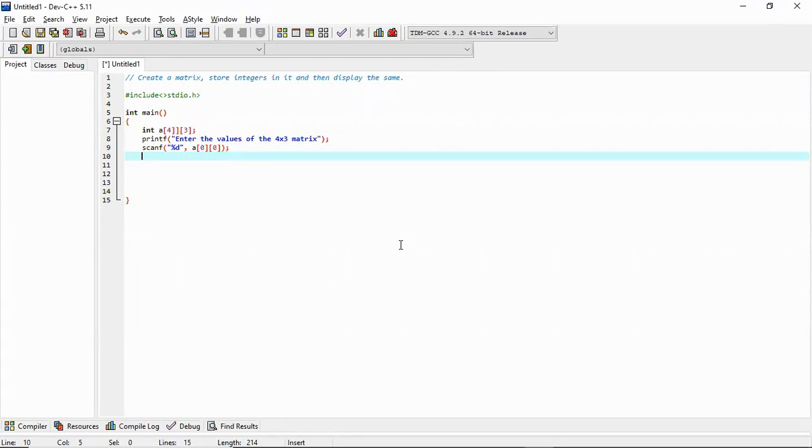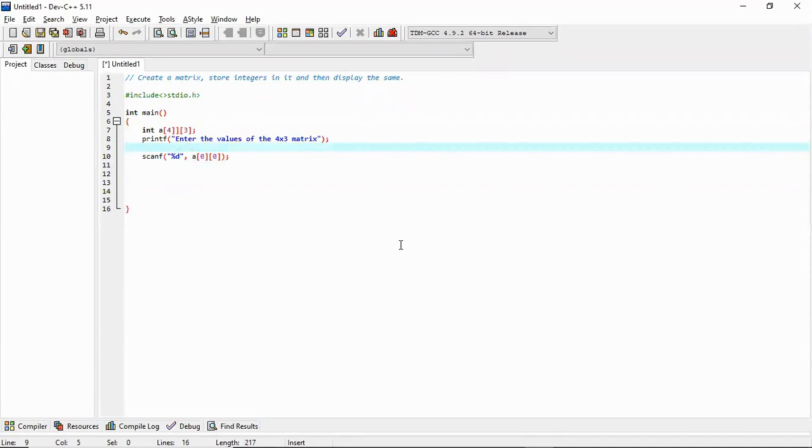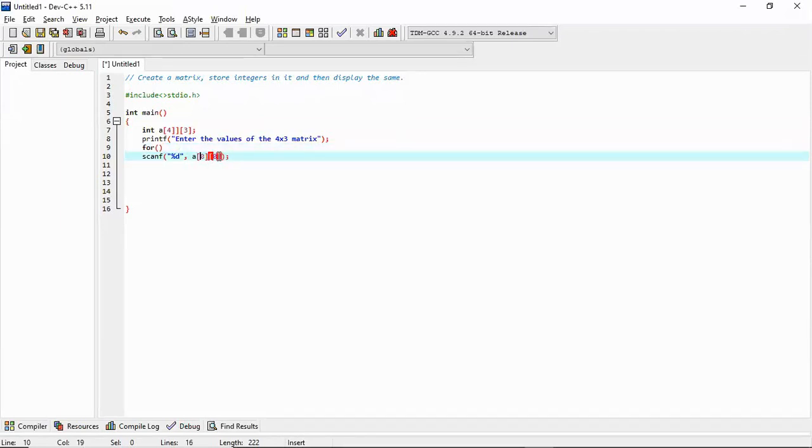Then we can write the next line as scanf percentage d A[0][1], then scanf percentage d A[0][2], and so on 12 times. But in such cases it is better to use a loop, because we have to do iterations. Since there are two things, we have row and we have column.